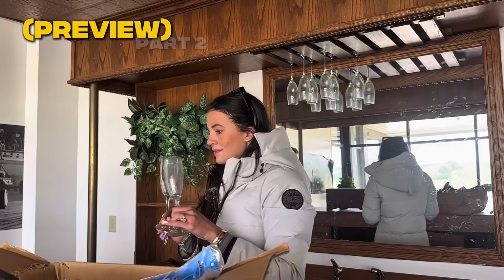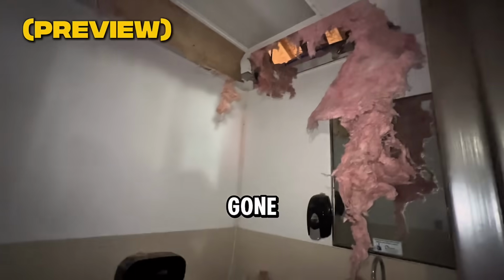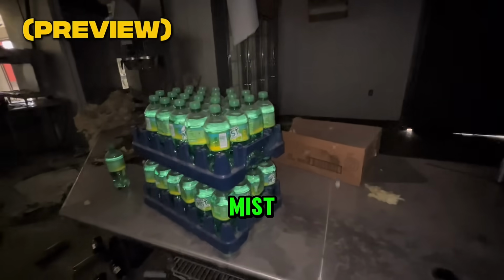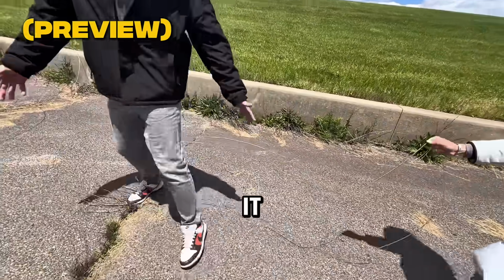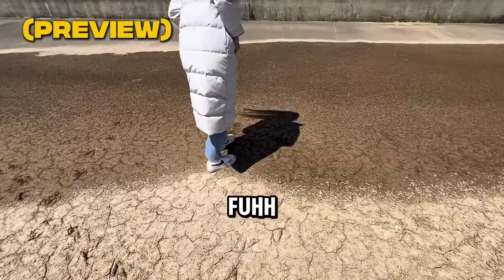Racing. Roof gone. Ceiling tile. Sierra Mist. Date is November 3rd of 2019. This bike, stop it! Oh my fuck! I thought that I could, I don't